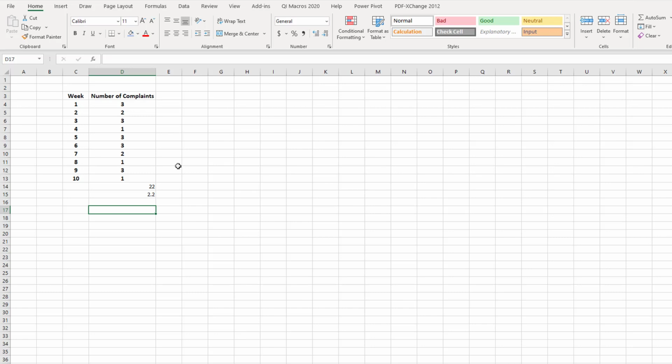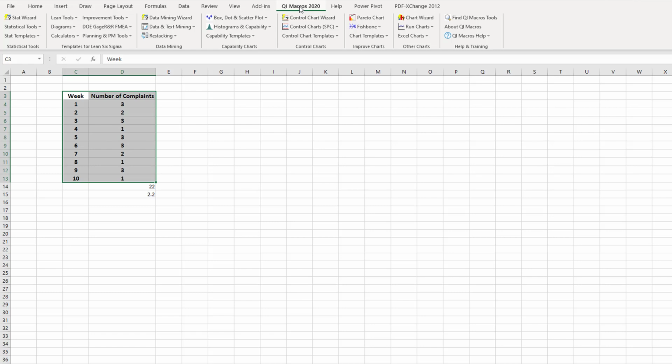Now you already know how to calculate the C chart manually, how to calculate the upper control limit and the lower control limit for the C chart. But now the question is how you will use QI Macros to construct a control chart. Once again, as you know, you need to click on QI Macros. In the QI Macros there are several wizards, and we are only interested in the attribute charts.